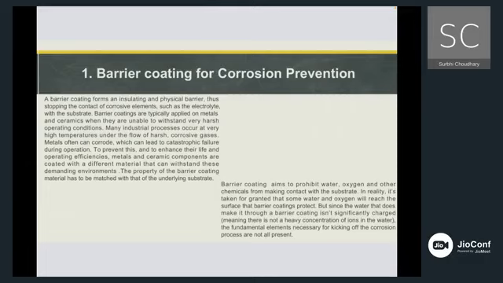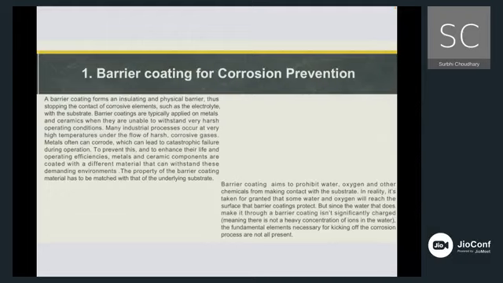For example, we can see a plastic resin covering kept over the surface of the metal, so that the metal surface does not come in direct contact with the atmosphere, or that barrier coating acts as an insulator between the atmosphere and the metal surface, so that the oxidation process doesn't take place and the metal is protected from